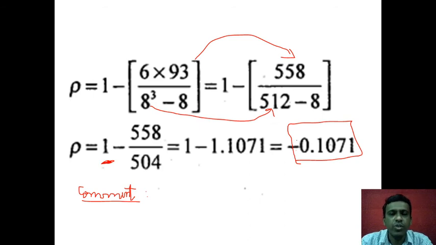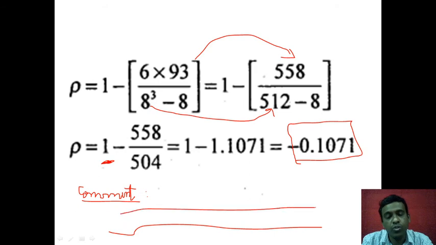I hope you understood this. Very easy problem, can come in a 5 mark section. But remember, always finish this problem with a comment. Don't forget to write the comment here. It shows positive correlation, it shows negative correlation, weak, very weak, strong, very strong. Those things you have to write. Also, one more thing where students go wrong is they tend to forget this 1 here. So don't forget this one.